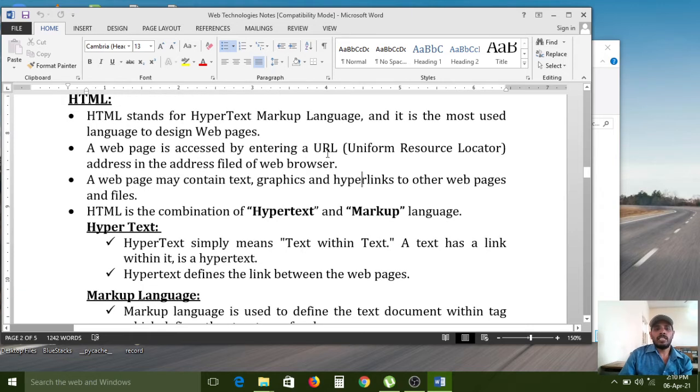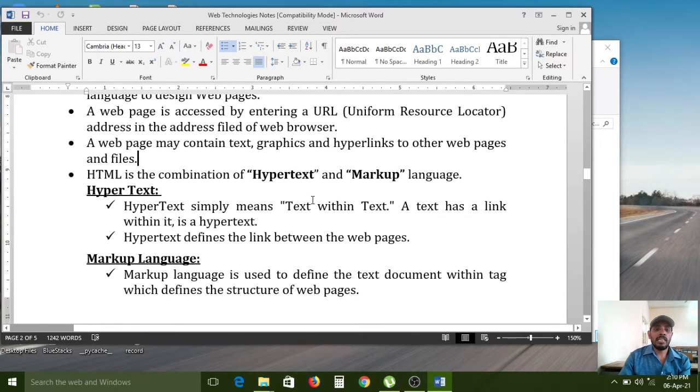Actually, this URL is uniquely identified. Once a URL is assigned to one website, another website can't take that name. Only Osmania University will take that unique ID. That unique ID name is what? www.osmania.ac.in. Similarly, this name is not assigned to any other website. So that's why it is uniquely identified. Each and everything on the internet, the HTML pages, is identified by the URL only, because it is a unique ID.